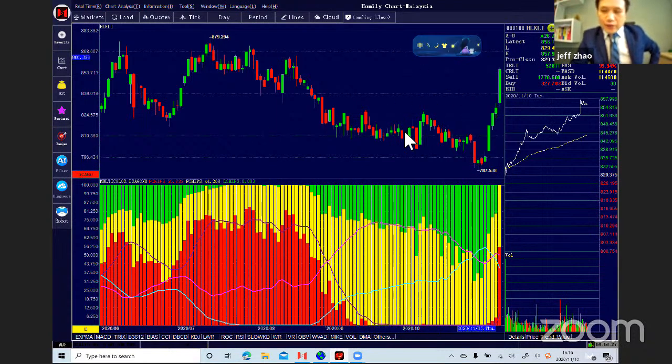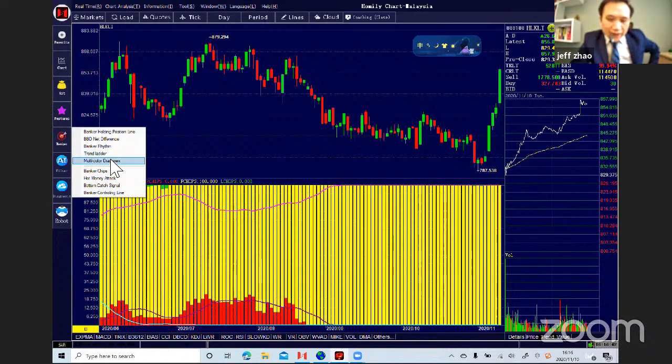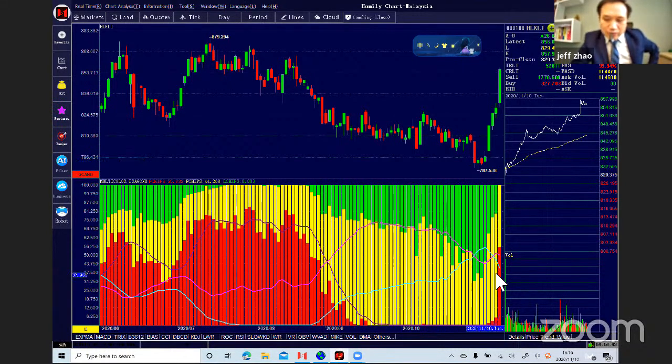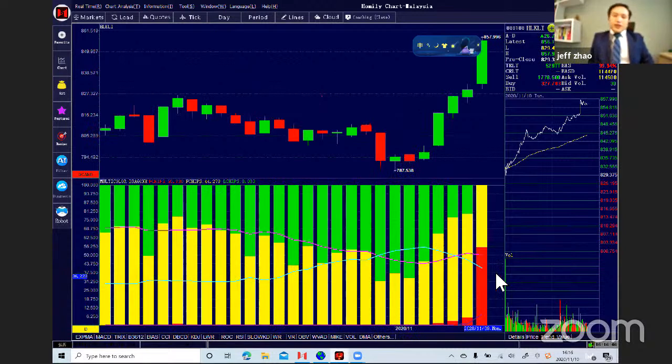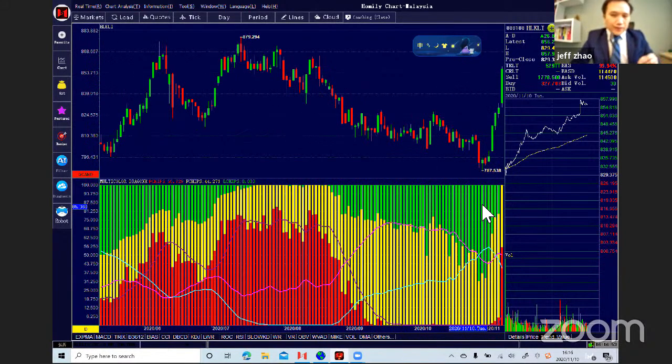This is the current situation of the KLCI. Actually, from the second window, from the multi-color dragon, maybe there's no banker increase yet. But from the multi-color dragon X, you see, wow, the volume increased a lot. Banker increased a lot. And you can see the green color disappeared. This is a good signal for us.